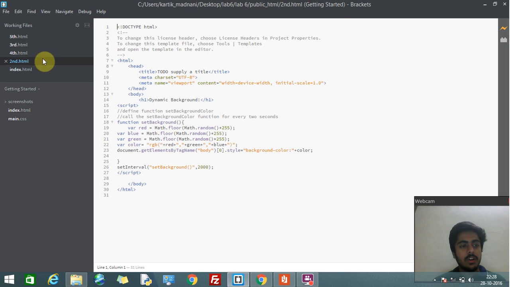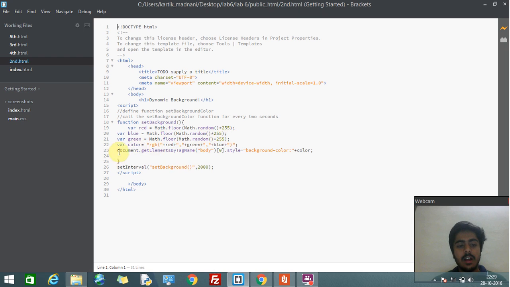So here is the coding of the second task. We have created a function setBackground. Here I have given 4 colors, red, blue, green, and then used the Math.floor function, which gives me the lower part of the decimal. I use the random function and multiply it by the RGB value, so it will give me any sort of random display of colors, not any particular ones.